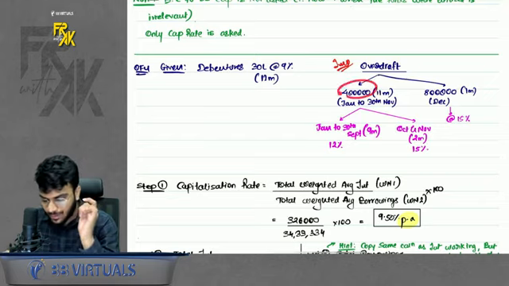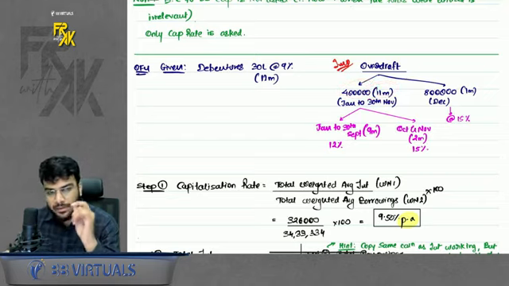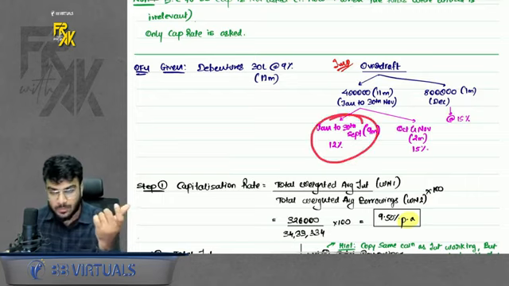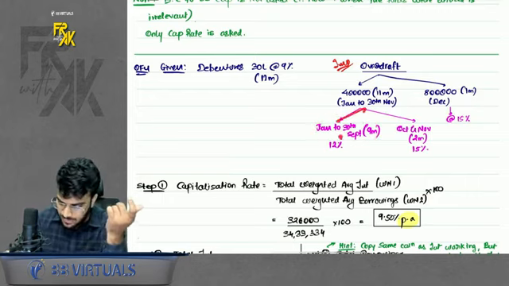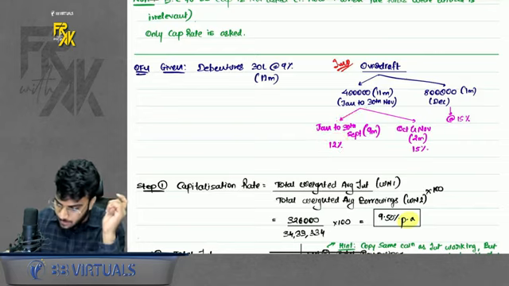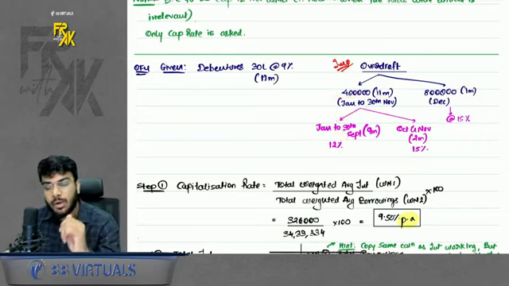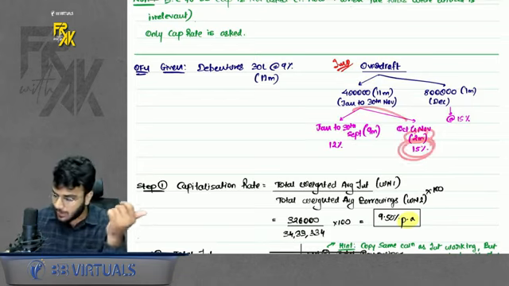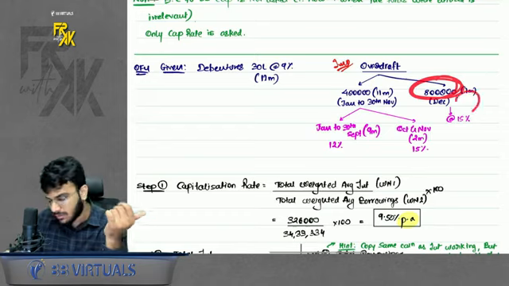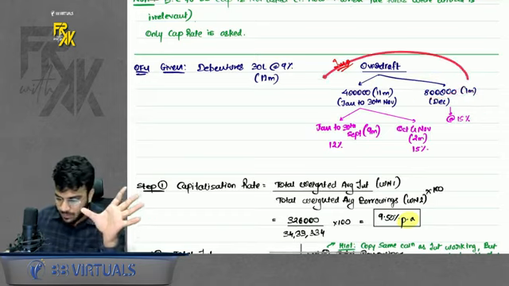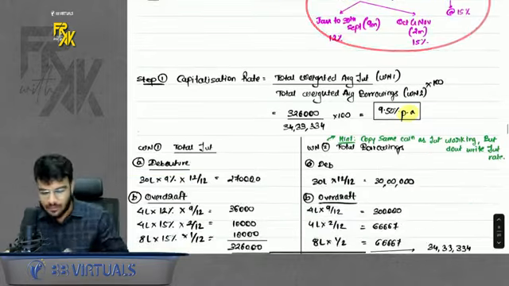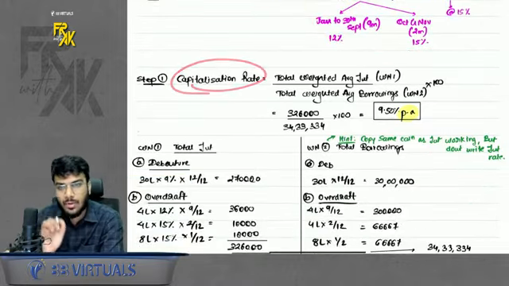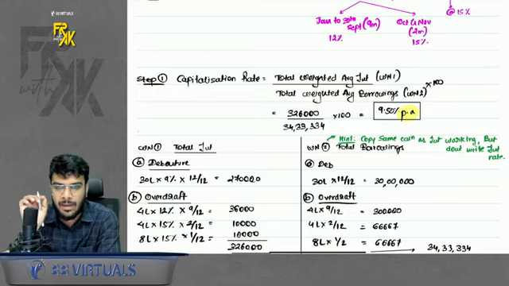Out of this 4 lakhs for 11 months, they are saying that for the initial 9 months the rate was 12%. Then when the principal amount was 4 lakhs, for the balance 2 months the rate was 15%. And when the amount became 8 lakhs, the rate was also 15%. I just bifurcated what was given in the solution. Now it is simple: the capitalization rate is total weighted average interest divided by total weighted average borrowings.